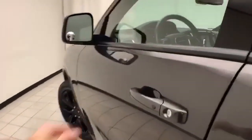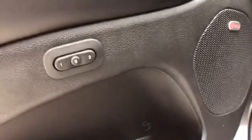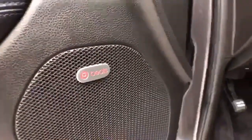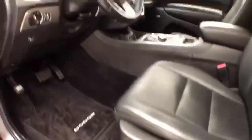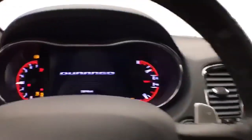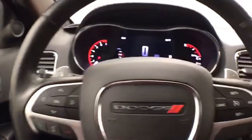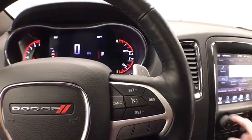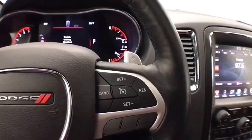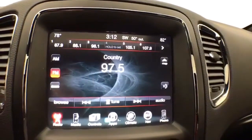This GT has keyless entry with remote start, power windows, locks, mirrors, memory settings for 2 drivers, upgraded Beats sound system, power seats, along with a tilt and telescopic steering wheel that puts you in that perfect driving position, power moonroof. Large, easy to read gauges, cruise control, steering wheel mounted audio controls, paddle shifters for the 8-speed automatic transmission, large 8.4-inch touchscreen infotainment system for